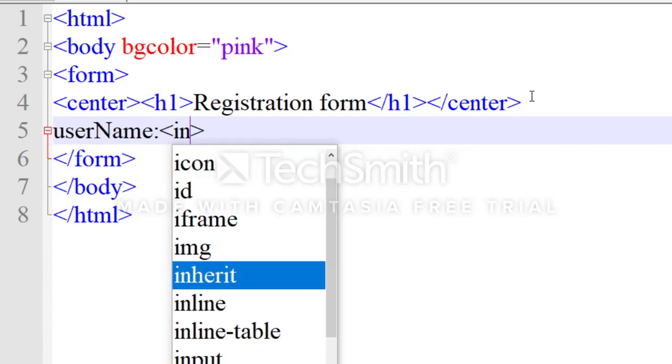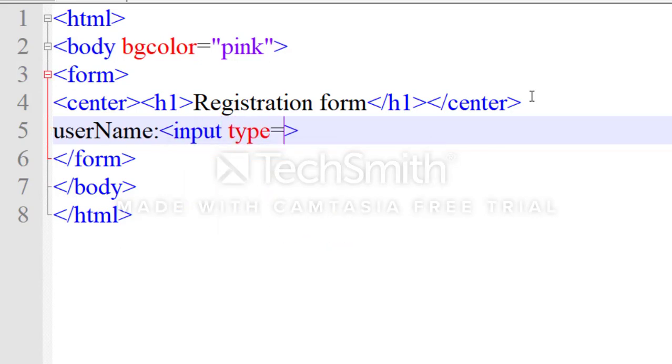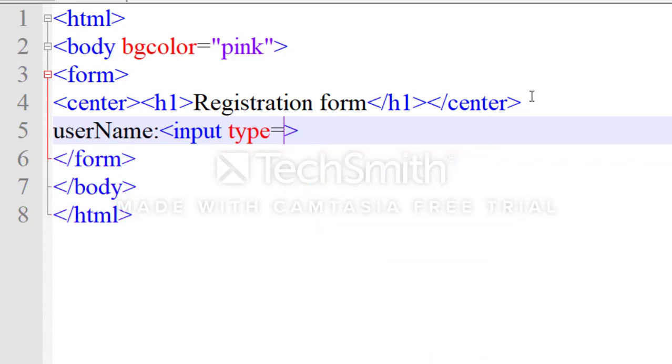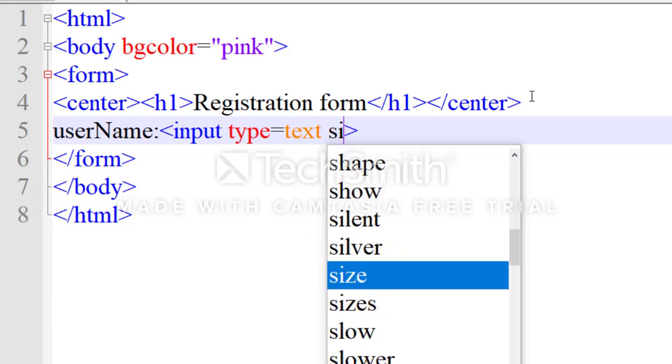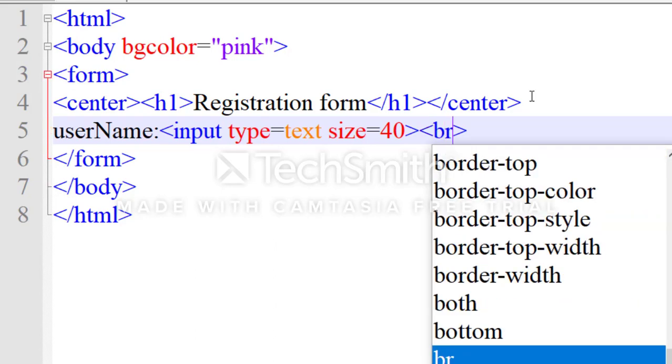In the username, input type equals to text, I want a text box. The double quote is not necessary. Size should be 14. Just close this. Now I will apply the BR tag.